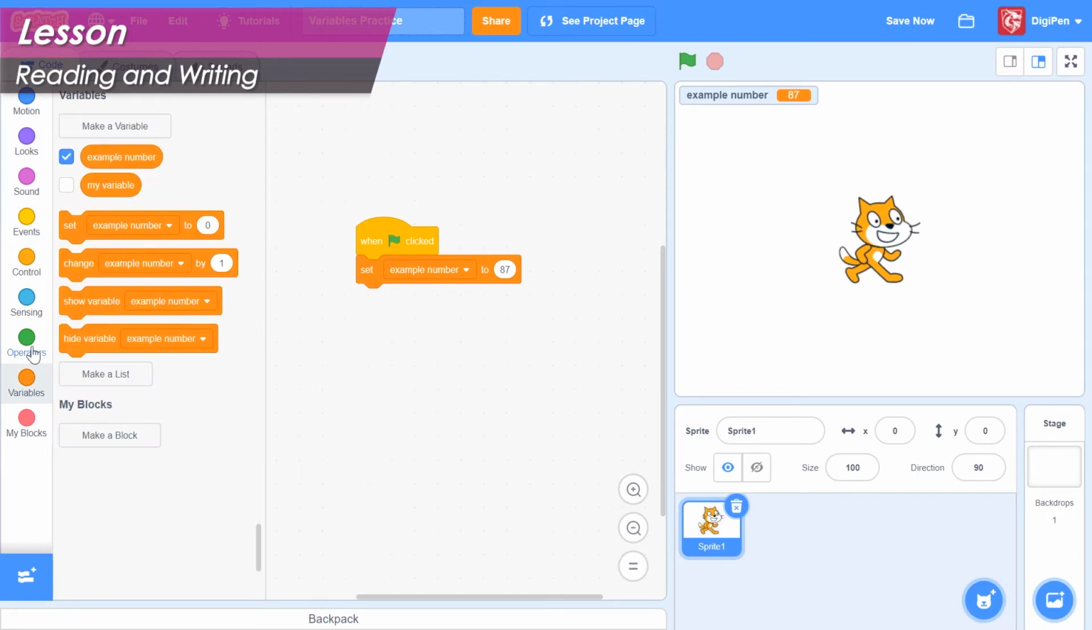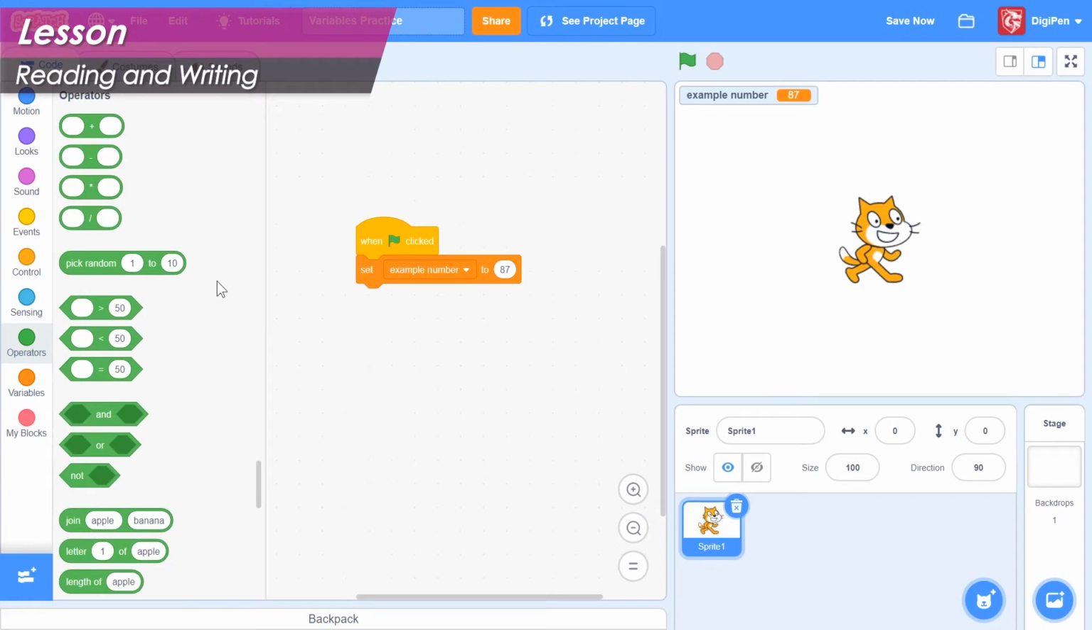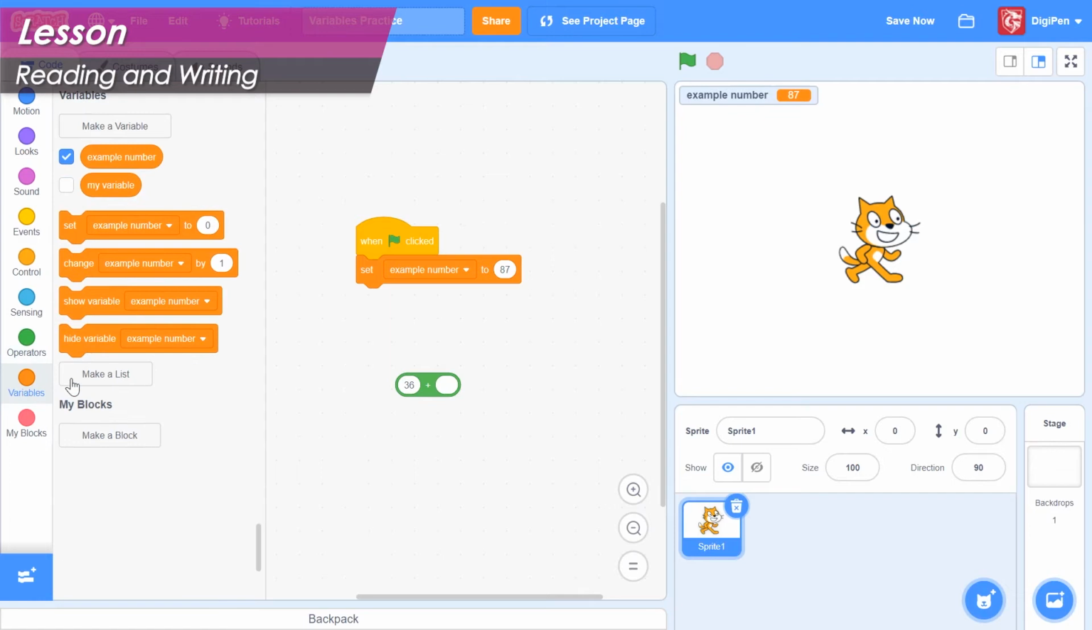Click the green Operators category and find the plus block. Drag it into the code area. In the first field, type 36. What should go into the second field? Our variable, of course. Click the orange Variables category and find the Example Number Reporter block. Drag it into the second field of the plus block. Now, the plus block will report the sum of 36 and whatever is